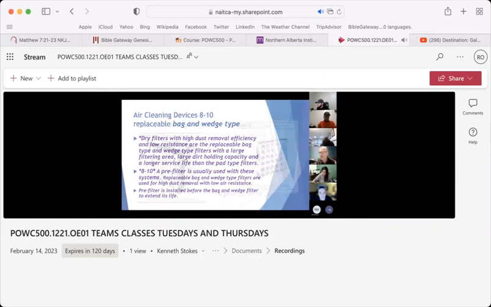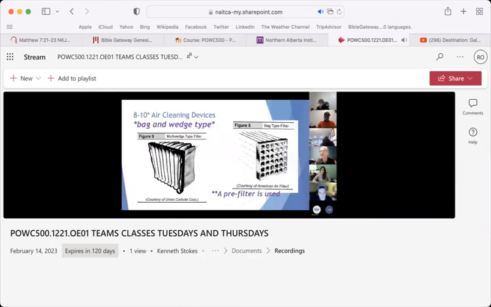Bag and wedge type, they look like this. So these are dry media, and these are generally washable. These bags will be taken out and vacuumed and or washed and then replaced. And we call these bag and wedge type. Because of the increased surface area, they're wedges of cloth or paper material. This one has bags. These are multiple